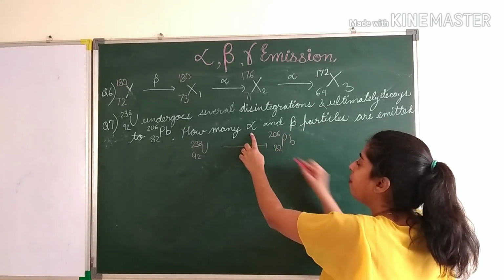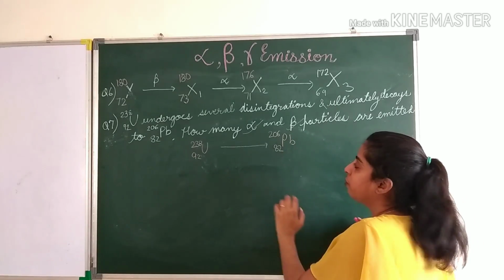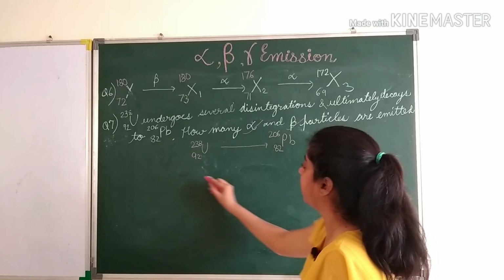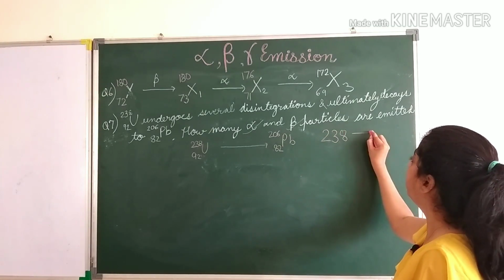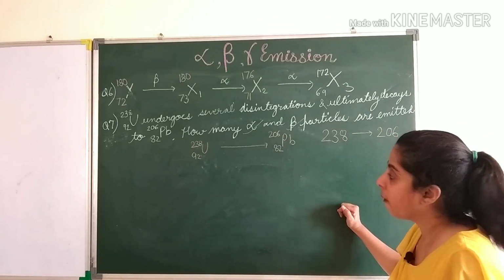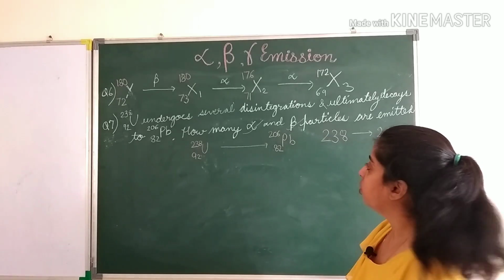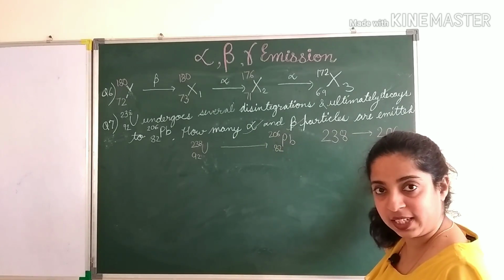Now there are few alpha particles and few beta particles that are emitted. We have to tell how many alpha and how many beta. तो सबसे पहले हम मास नंबर देखेंगे. अगर आप मास नंबर देखें तो 238 से ये हो गया है 206. So there is decrease in mass number. तो देखिए बीटा तो मास में चेंज करता ही नहीं है, तो we will talk about अल्फा. मास नंबर से हम निकालेंगे कि अल्फा पार्टिकल्स कितने एमिट हुए हैं.